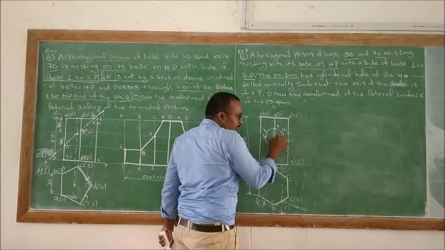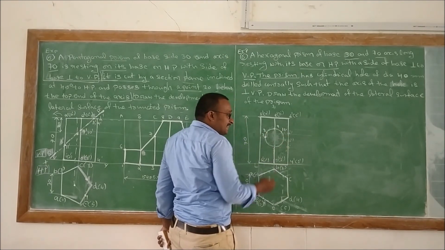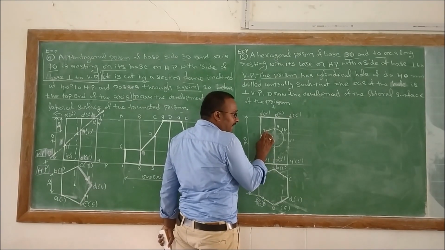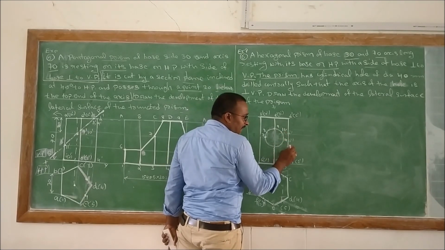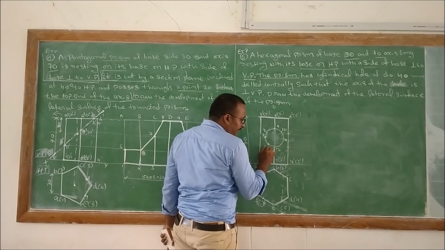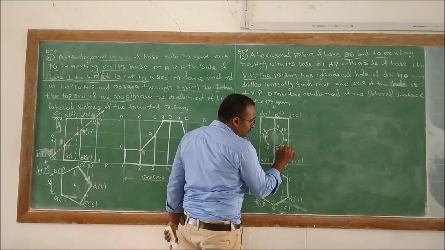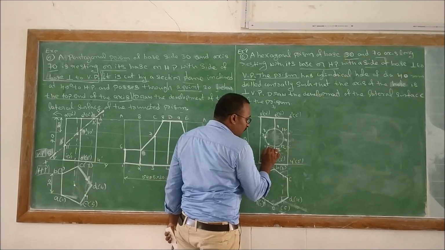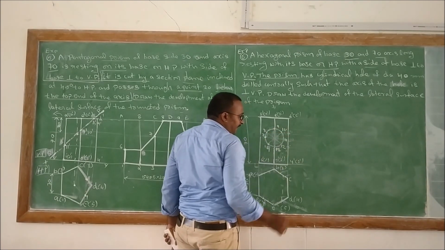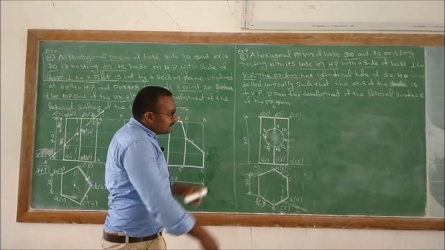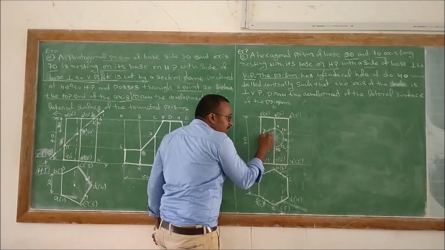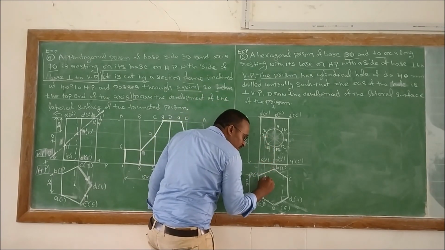Then we need to divide that total circle into equal parts, and mark the intersecting points with 7, 8, 9, 10, 11, 12, 13 and 14 points. So we need to divide that total circle into 8 equal parts. Then you need to project all of them downwards. 7 dash should be projected downwards.